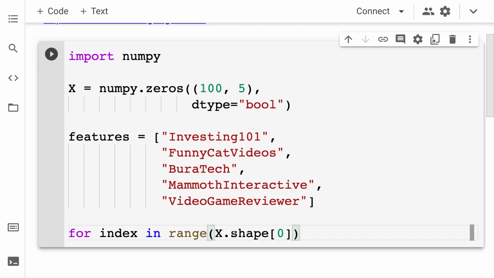So I'm going to go through the first index, the rows, and create a row representing a viewer. We're going to have a Boolean for every single feature. The Boolean will be true if the viewer liked that video, and false if the viewer did not like that video.